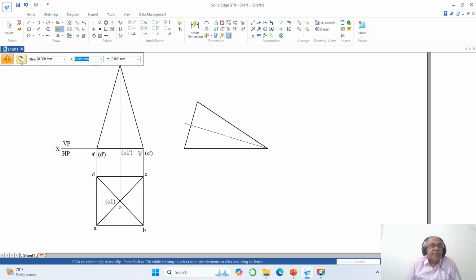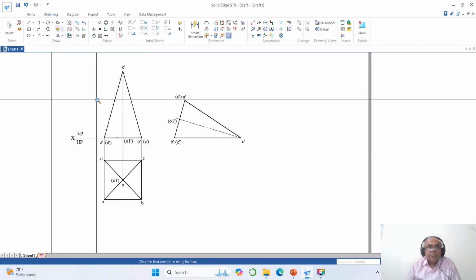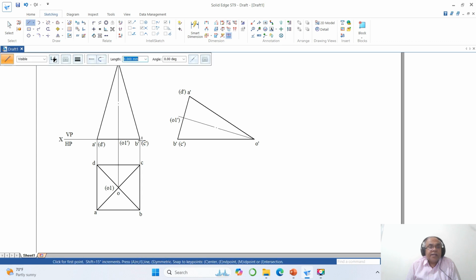Now you go to move, enable copy, you take B dash, okay, then you take C dash, okay, then you take O1 dash, then you have A dash, then you have D dash, then you have O dash, okay. Now once you do that, now you come down to zoom window, go to line, take end point of